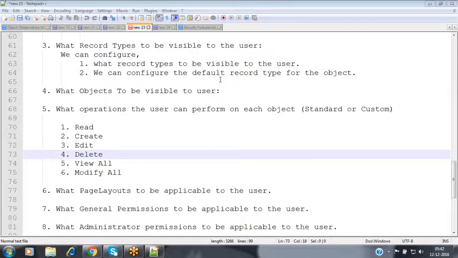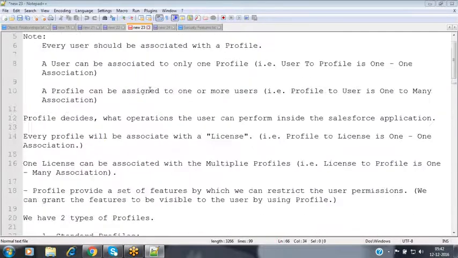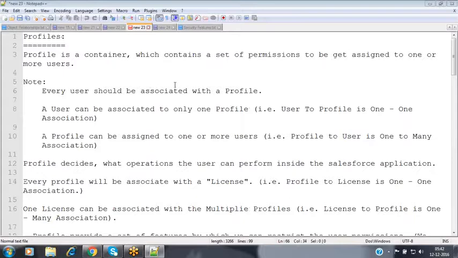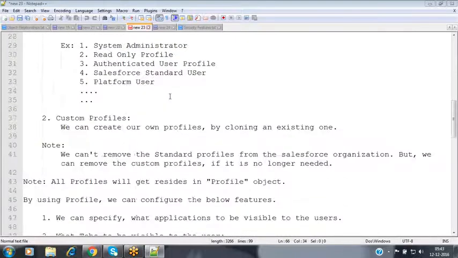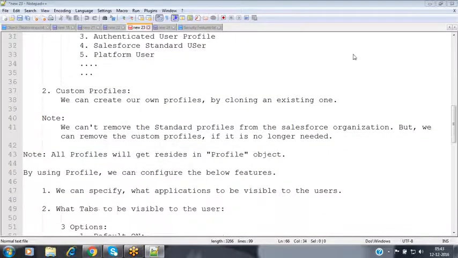In yesterday's session, we discussed what exactly a profile is, what the use of a profile is, what it can do, how we can create our own custom profiles, and what kind of operations we can process with the help of profiles.